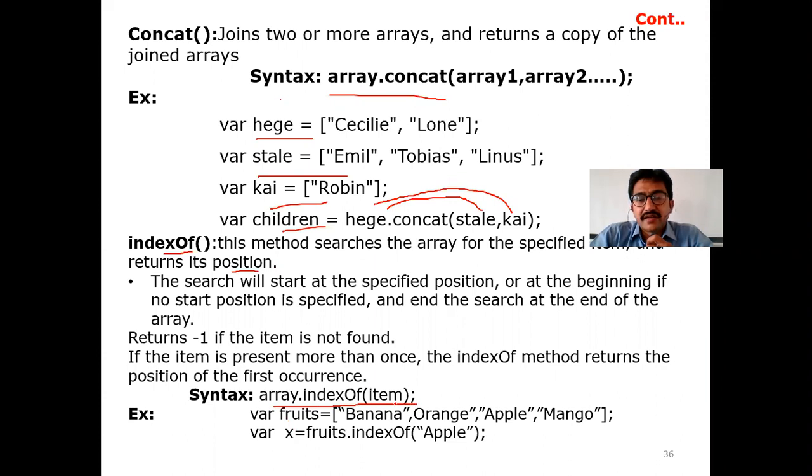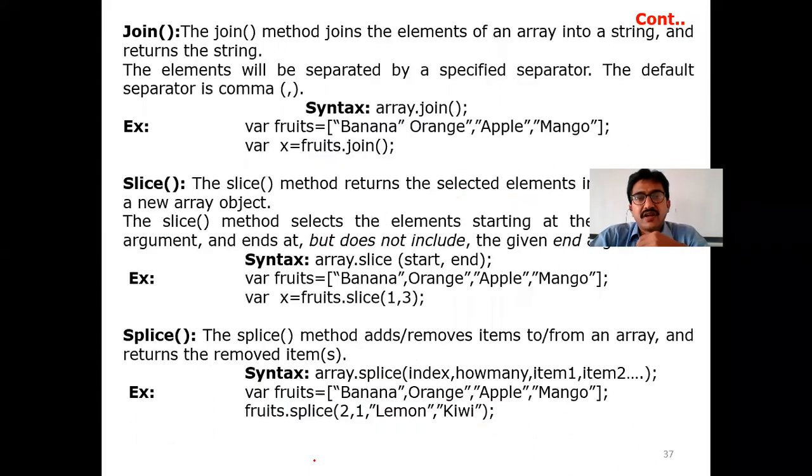So item is what we are going to call over there. See the example, where for fruits I am considering banana, orange, apple, mango. So x equal to fruits dot indexOf apple. Out of the array fruits, where is the apple? It returns the position, starting with array index 0, 1, 2. So at the second position, apple will be there. Here the value of x is 2. That is, apple is at position 2. Like this, the output will come.